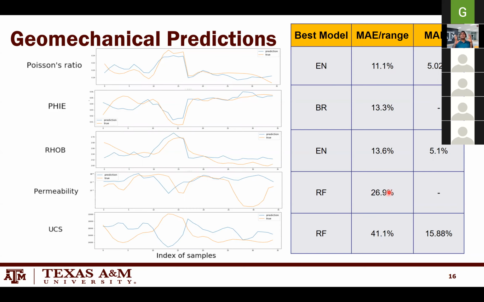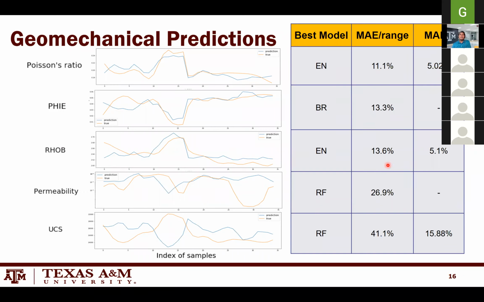This is a density distribution CT scan, so we cannot derive permeability, and this is what we are seeing for permeability. We are seeing a large error, and we are seeing a huge error for uniaxial compressive strength. But when it comes to trying to predict the well-log measured rho B, effective porosity, Poisson's ratio, our errors are